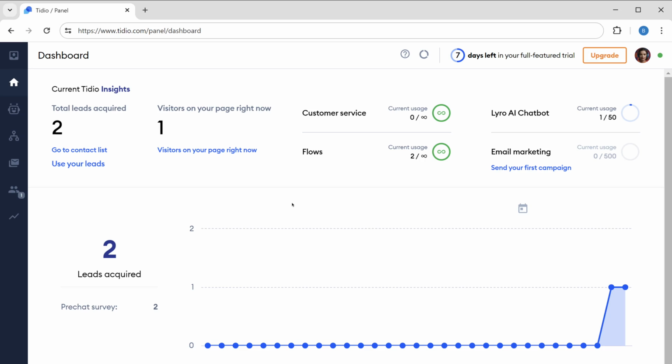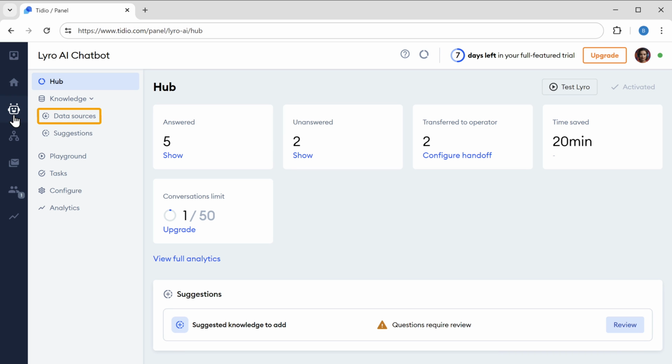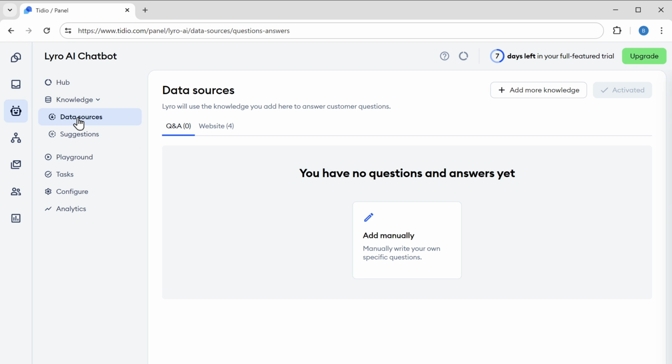time. Next, let's say many people are asking the same questions that the chatbot is not able to answer. If you're getting similar questions from your visitors, you can train your chatbot to answer these frequently asked questions. So next, let's see how you can train your AI chatbot to answer these FAQs. To do that, let's go back to our Tidio panel. Click on the Lyro icon, then click Data Sources. Now here we can add the frequently asked questions and answers so that the chatbot can